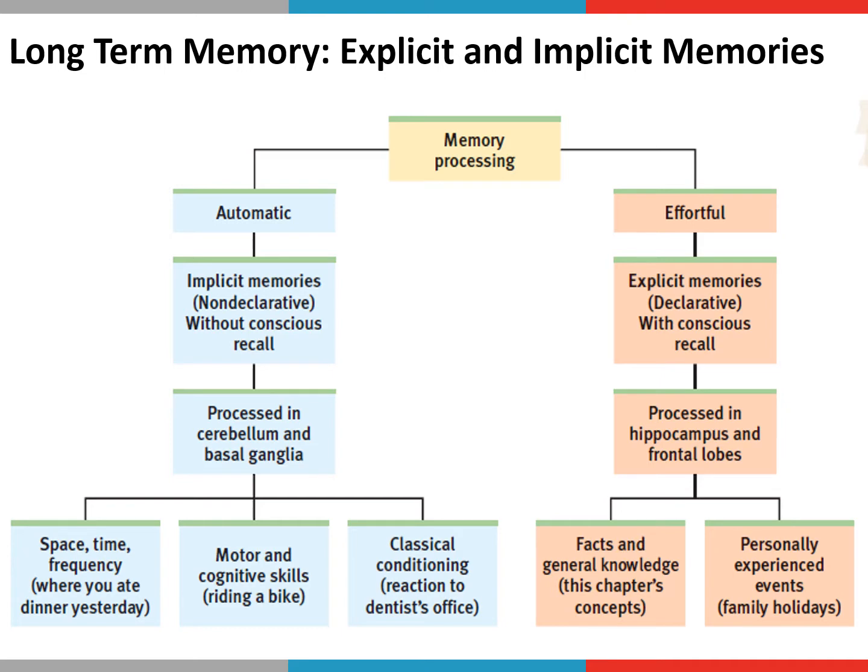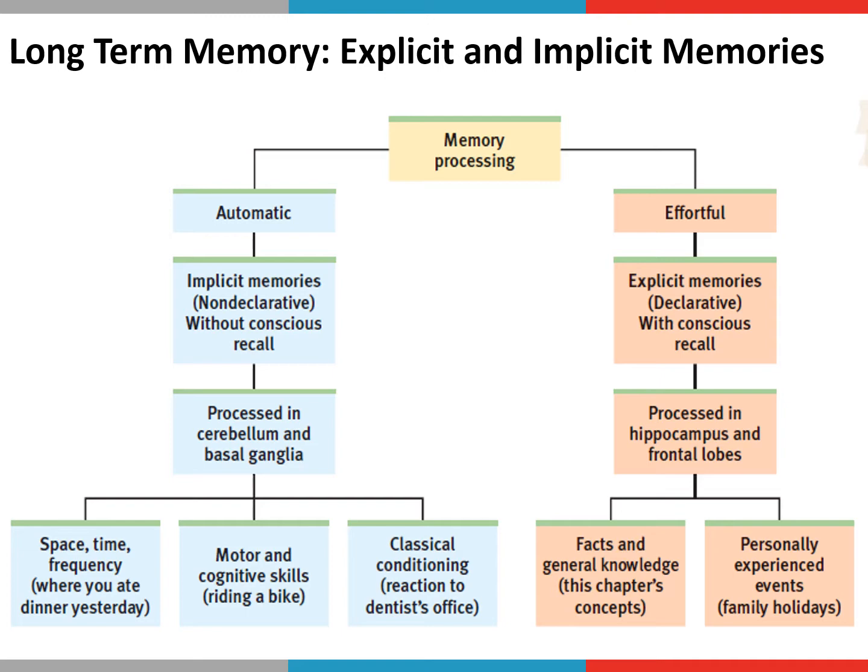So explicit memories, or declarative memories as they're sometimes called, are memories for either facts and general knowledge, which are, like I said, semantic memories, or personally experienced events that include some kind of conscious recall. Okay, so you deliberately attempted to get the information into your memory system. Explicit memories are processed in a region of the temporal lobe called the hippocampus, and also the frontal